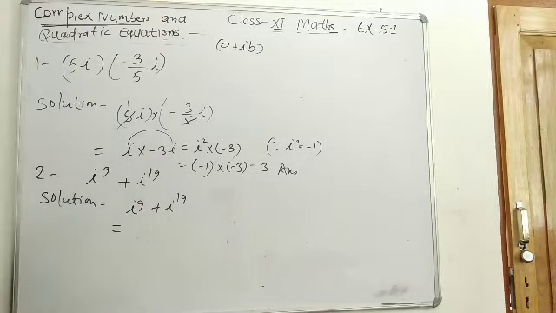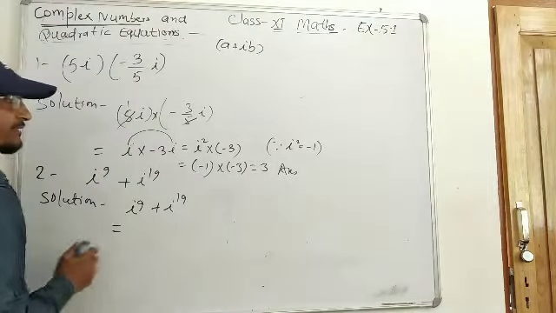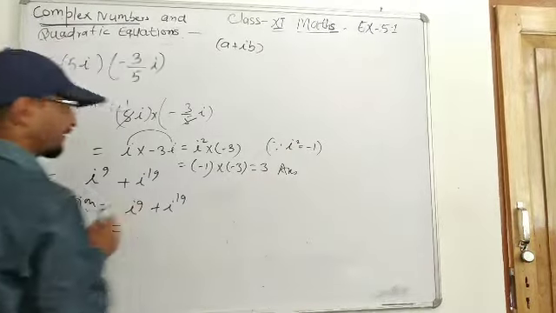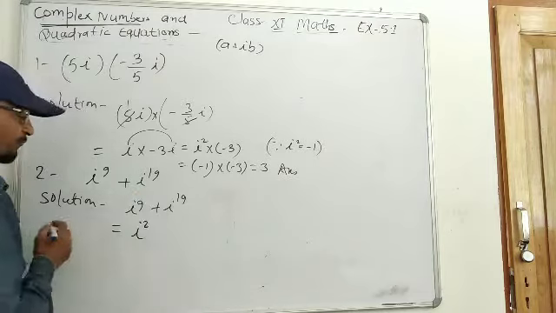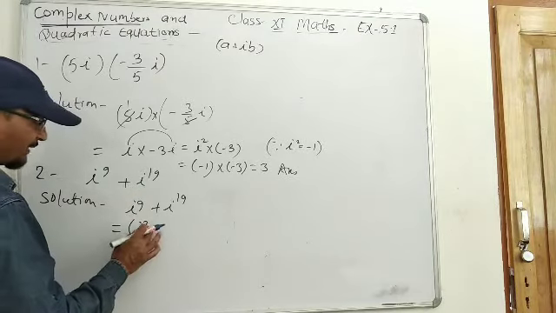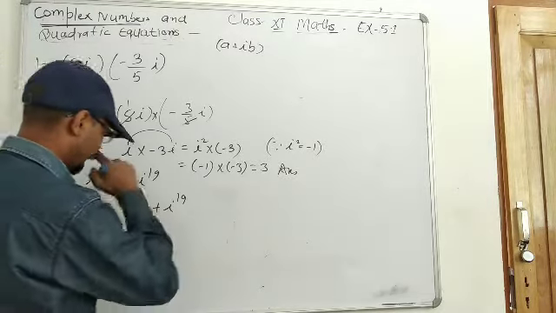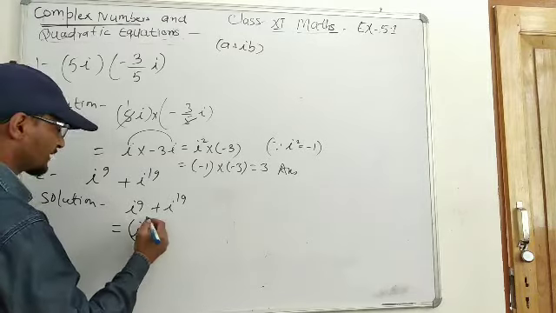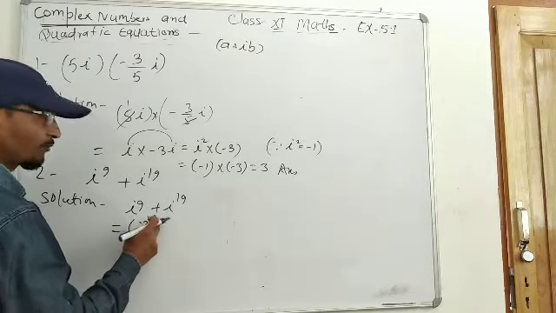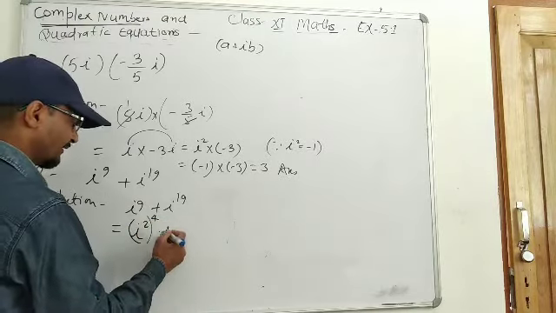Now check this. In such type of questions, always try to get this i square. We must try to get i power 2. So if we write here i square, then we have to recall the table of 2. 2 multiplied by the multiplication table of 2 to get 9, but we cannot get 9. So 2 4 is 8. Power to power multiply, 2 4 is 8, into one more, one i is short.